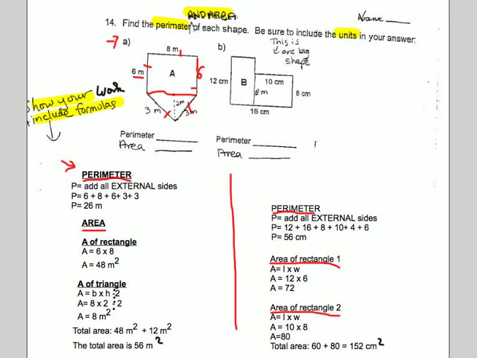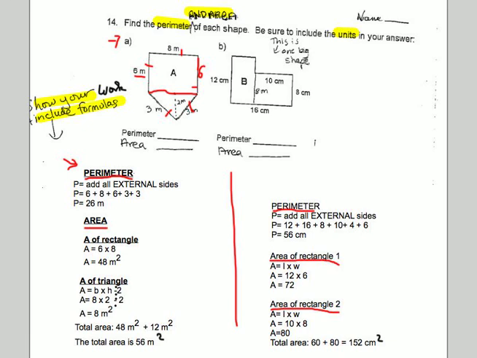To find the area, I need to find the area of each individual shape. So first I'm going to find the area of this rectangle here. And I see it's 8 meters by 6 meters. I write down the formula, length times width, so I know that the area of the rectangle is 48 meters squared. To find the area of the triangle,